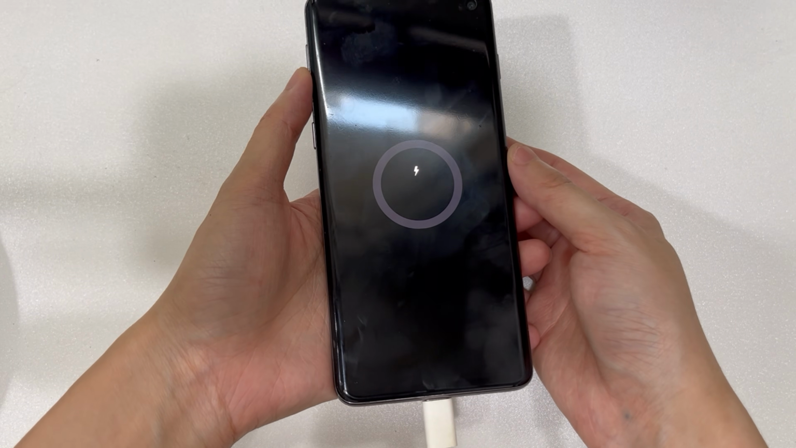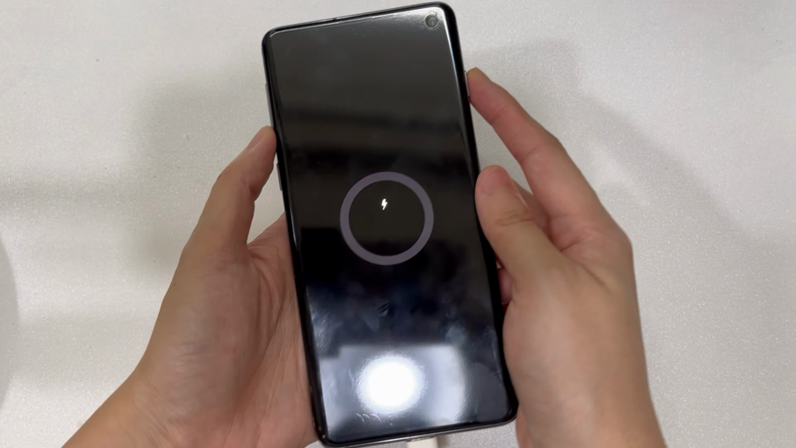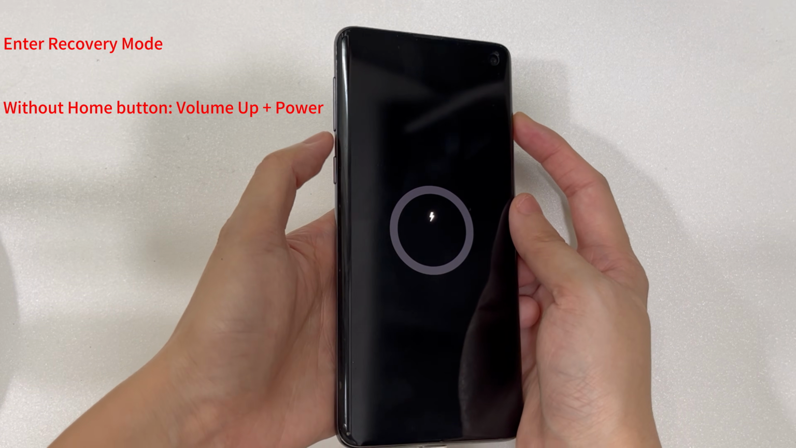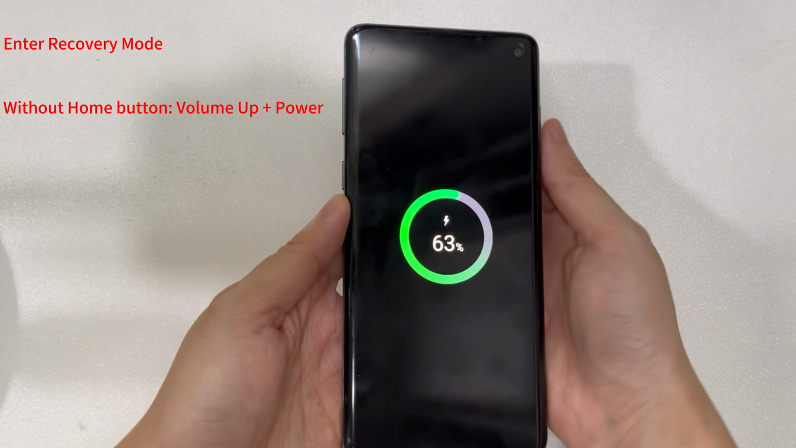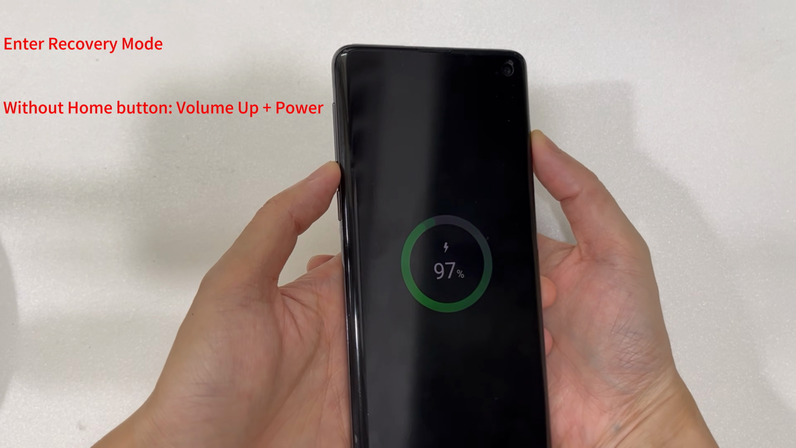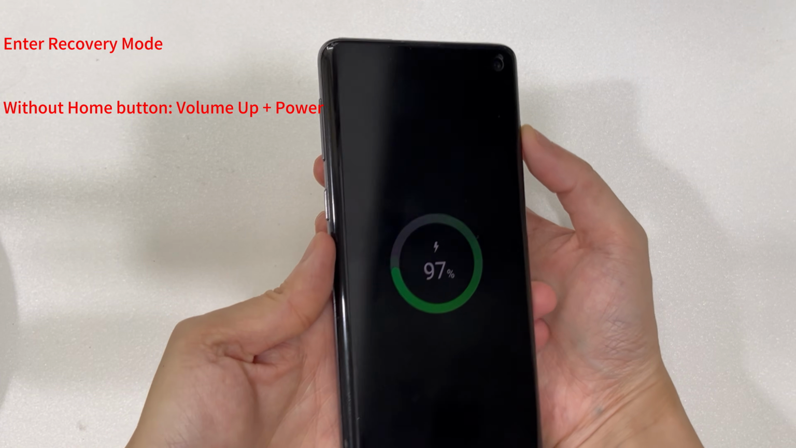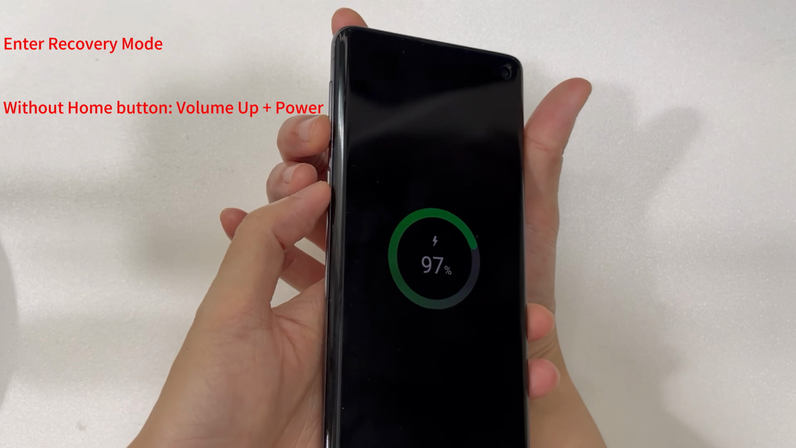Next, place the phone into recovery mode using the correct button combination, which differs depending on your device. For newer Galaxy phones that do not have a home button, like S20, S21, S22, S23, S24, S25 or later, Z Flip, Fold, Note 20 and more, press the volume up and power button simultaneously until your device vibrates and